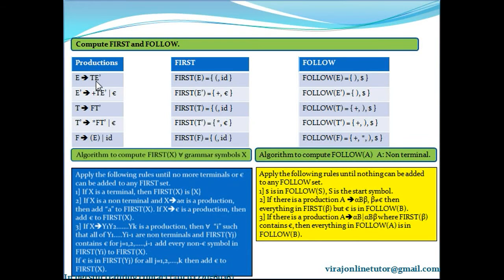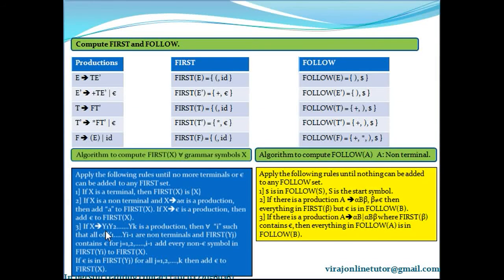You have to simply follow these three rules. What is the first rule? First of a terminal is the terminal. First of epsilon is epsilon. And when the right hand side of the production is of length 1 or greater than 1, I match it with this formula: X gives Y1, Y2 till Yk. So compute first of Y1 and place all the non-epsilon characters from first of Y1 into first of the left hand side.